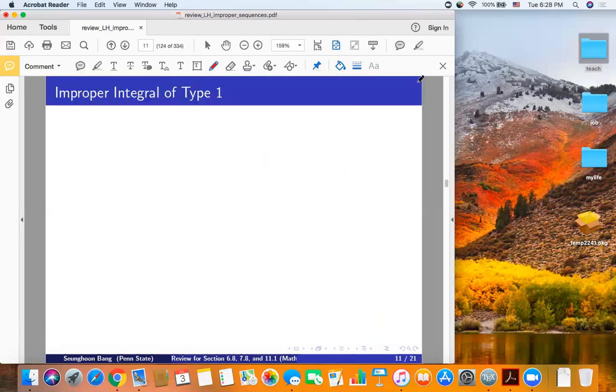The next one, we are going to do improper integrals of type 1. Case 1, the integral from a to infinity of f of x dx. So how can you solve it? You can replace infinity by t and take the limit. Limit of the integral from a to t of f of x dx as t approaches infinity. So case 2,